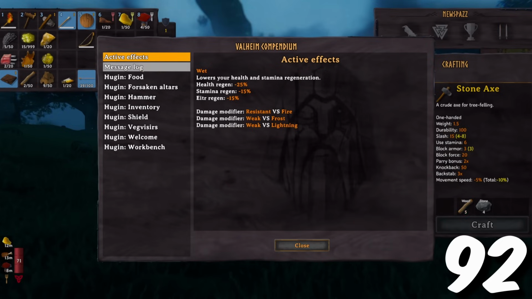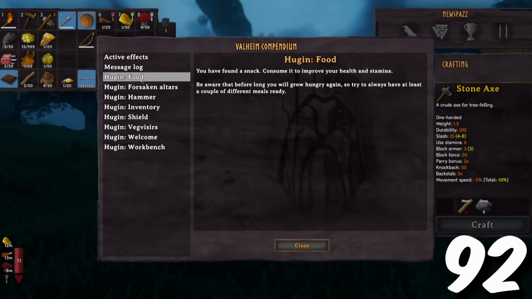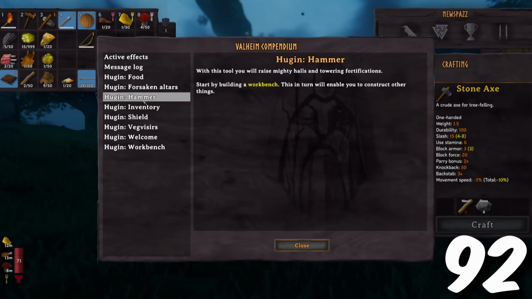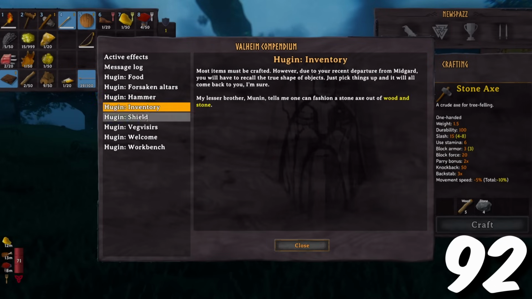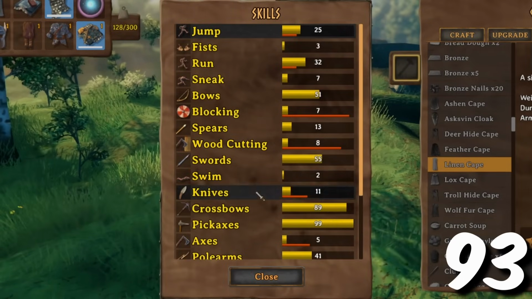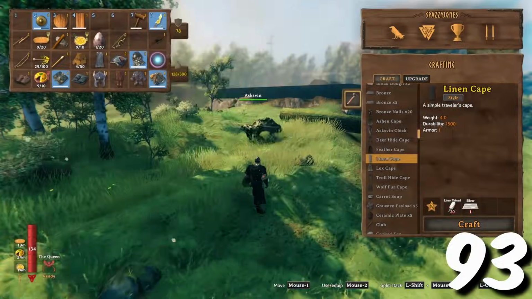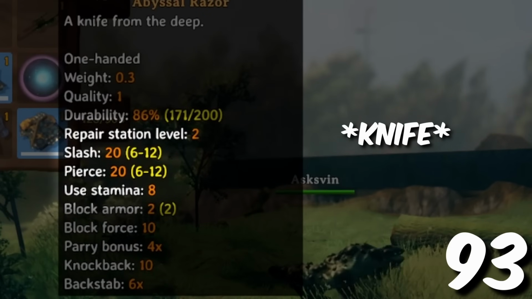Select active effects for a detailed explanation of all the effects that are currently applied to you. Further, you'll be able to review all the tips previously provided to you by Hugin. Each weapon class has a skill associated with it that increases the damage output the more proficient you are. For instance, the yellow numbers shown with the polearm is the range of damage that will be done based on